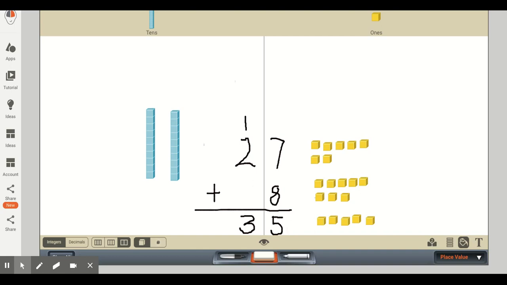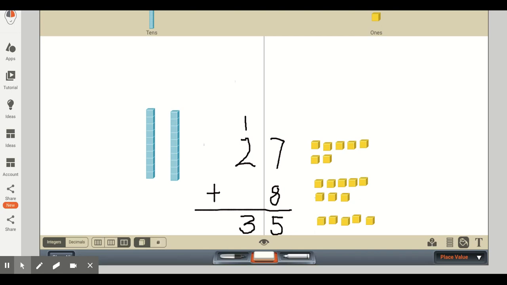So I'm being a little facetious here, but the goal is we really want students to understand what they're doing. And yes, ultimately, we want them to be getting to the exact same answer and doing it efficiently, just like we did right here, and we efficiently got to the answer of 35. But we really want our first graders to do it with an understanding of our number system. And that will really help them understand not only the number system, but ultimately make it easier for them to really understand future math concepts.